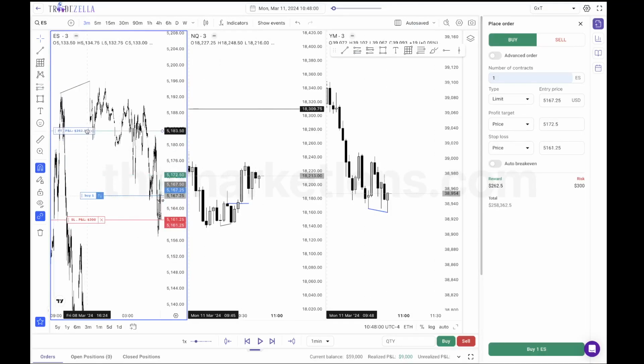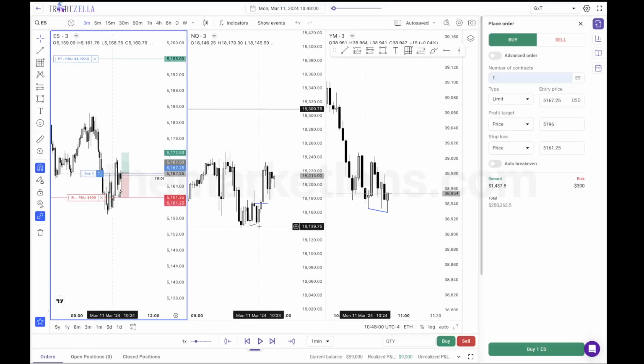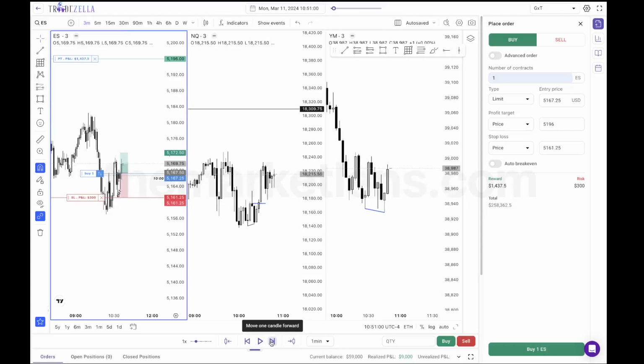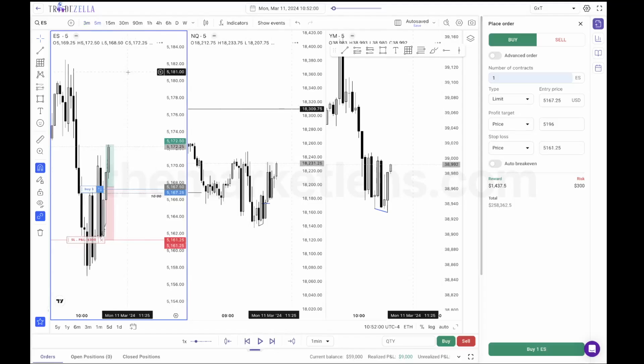Max TP would be... I honestly have no idea if we're gonna go up here. To be honest, it really depends on the other assets that can react. But this is your one shot for the day, guys. This is gonna be it. If you don't reverse here, like look at YM, if it doesn't reverse here, we're cooked. By the way, did I even get filled on this, boys?